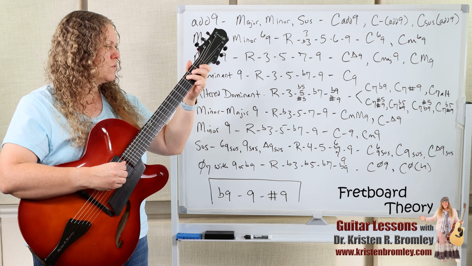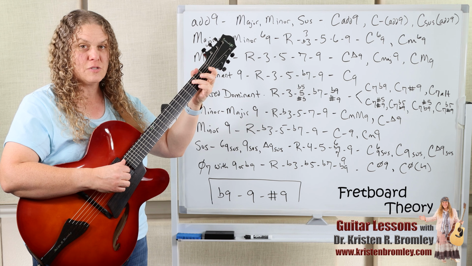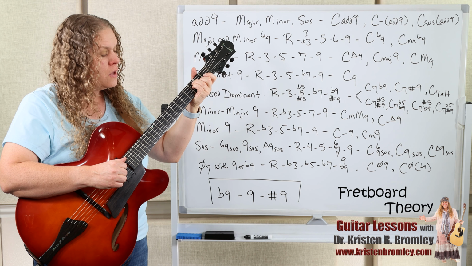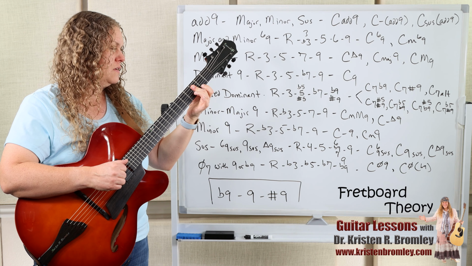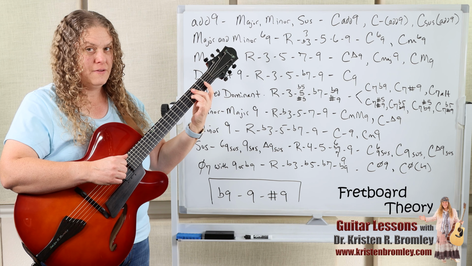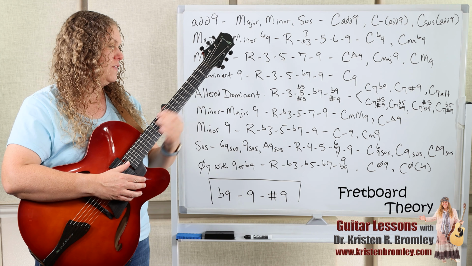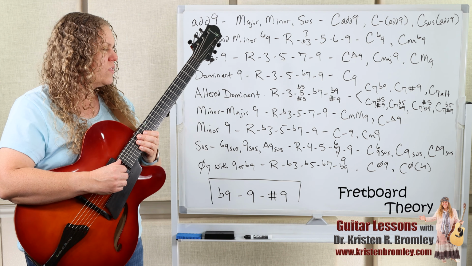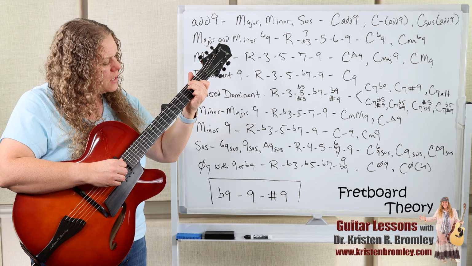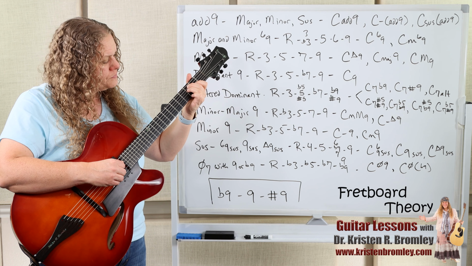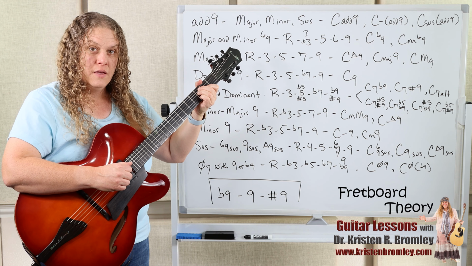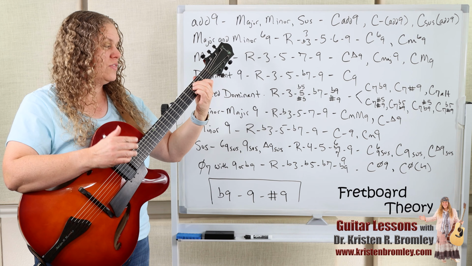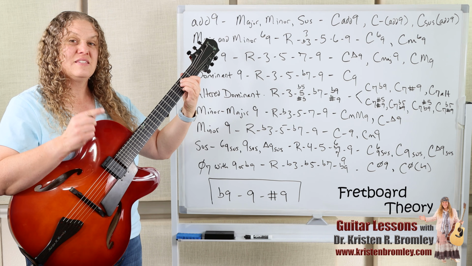So in this case, we have the root, the 4, and the 5 because it's suspended, and then we're going to have the 6th, or the flatted 7th, or the major 7th, and I left the 5th off there as I was demonstrating that, and then the 9th above it. So with our 6-9 sus, and I have to leave the 5th off here because we don't have enough fingers to do it,